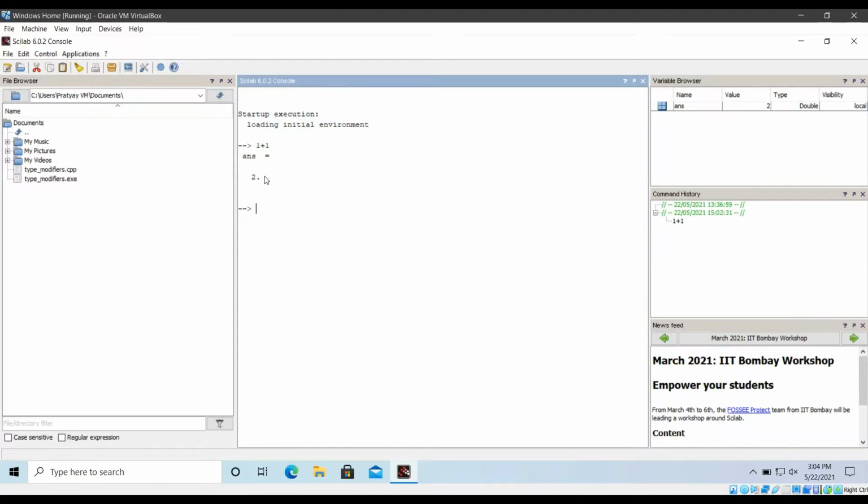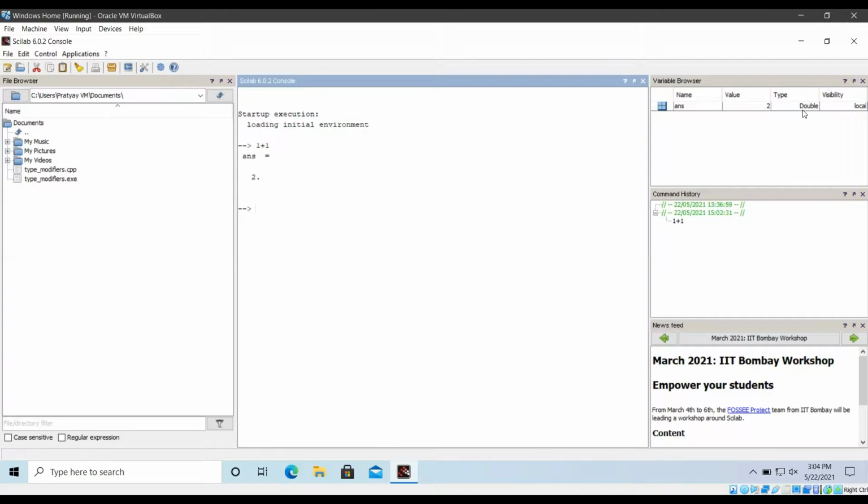So 2.0. Now you can see the answer, the name of the value which has been generated after we completed this operation is 2, and 2 is of type double. So what is double? If you are familiar with programming languages like C, you know that besides integer we have double as a data type. Double specifies the value up to 12 decimal points, and float specifies the value up to 7 decimal points. So this is the difference between float and double, it is very precise, guys.